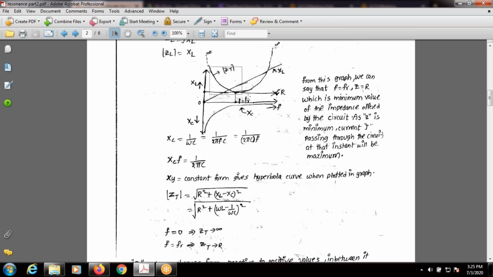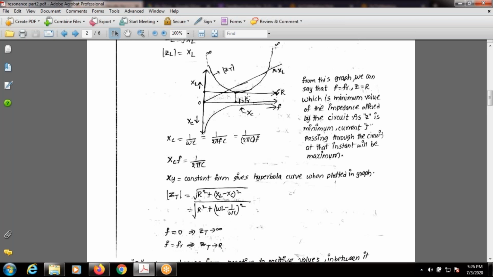Now here this is a U-shaped curve. It varies from infinity to infinity. Initially the total impedance in the circuit ZT is determined only by the reactive elements. From infinity it slowly reduces. When the frequency reaches the resonant frequency, the value is very minimum, the total impedance in the circuit is minimum. Now the current I is equal to V by R only.